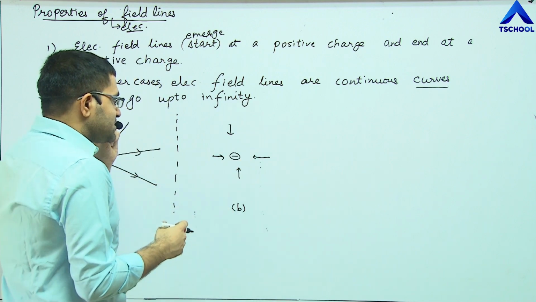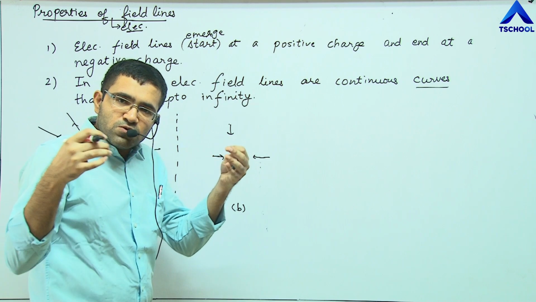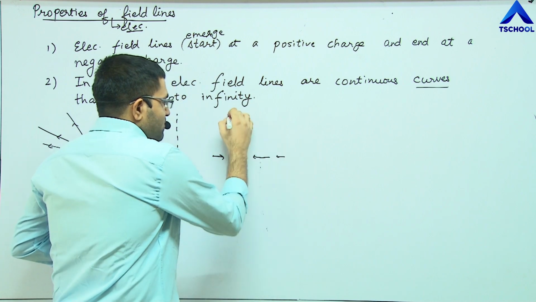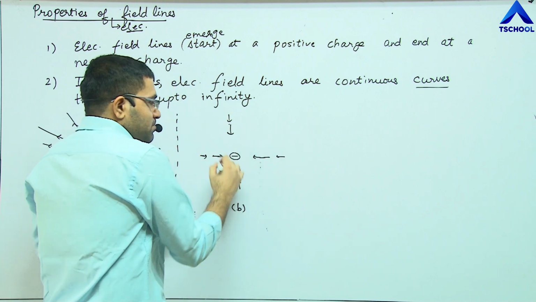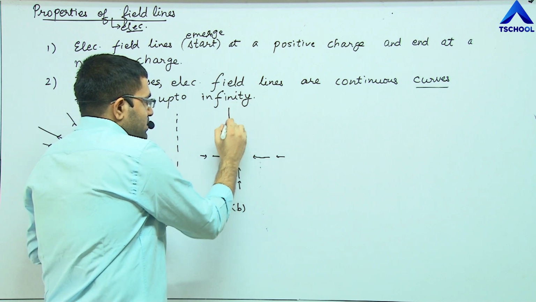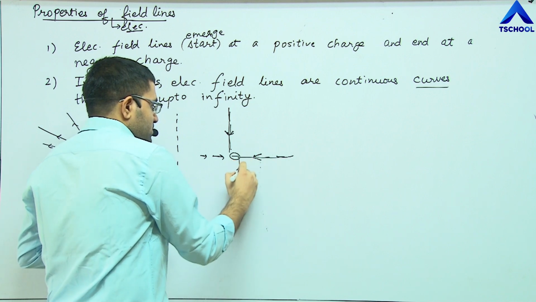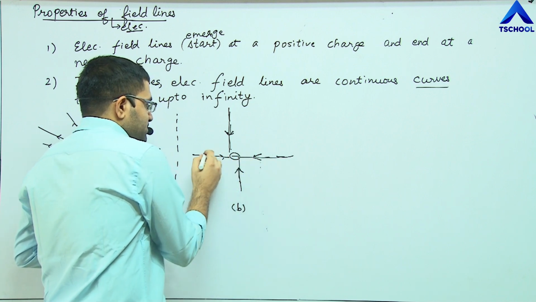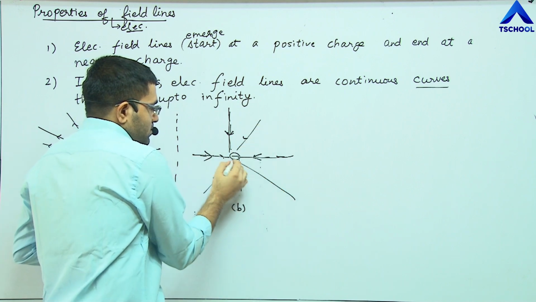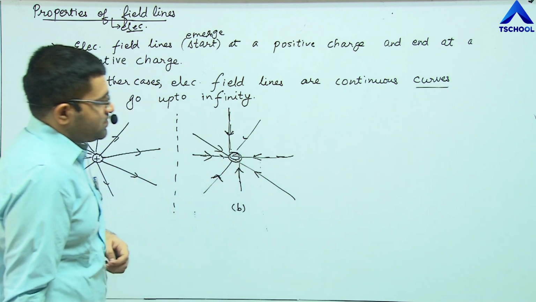Okay, so you could see that for a negative charge, the electric field vectors are towards the charge, right? Like this. So that means if I draw many of them, I'll be able to combine all of this and make a field line diagram that looks like this. I don't think you have any problem understanding that, right? So not just 4, of course. But again, the key thing to identify here is